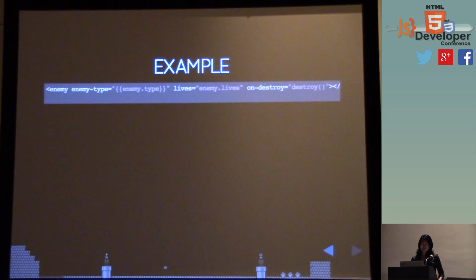So I'll take you through a more complex example of a custom directive, and along the way we'll talk about all the things that go into a directive. So here we have a directive called enemy, and it's going to create one of the enemies in the Mario world. So we can pass in the enemy type, how many lives that enemy has, and then what should happen if the enemy is destroyed. So let's look at what